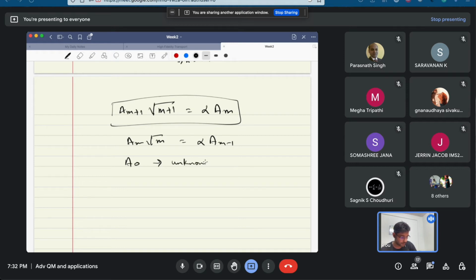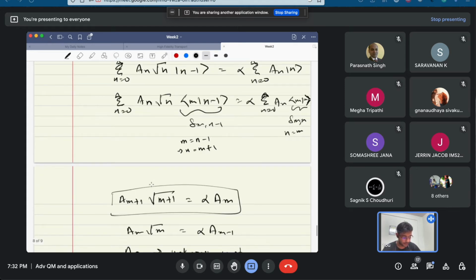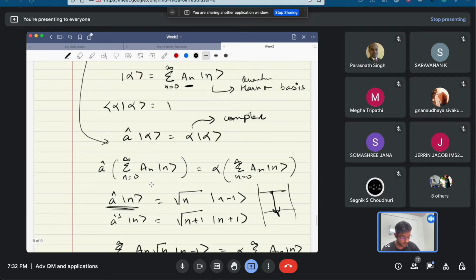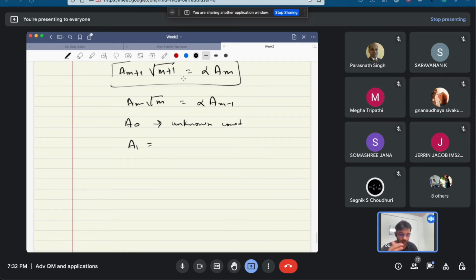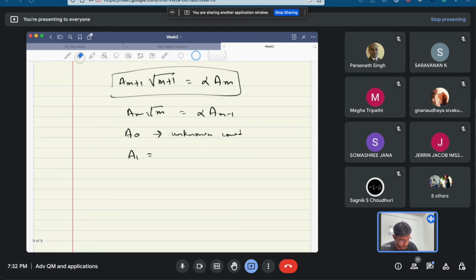Let's say we keep a0 as the unknown constant for now. So we are going to write the equation on this basis. We have to find an here to put into the alpha, and in order to do that, we first find a1, a2, and subsequently we can find an. So a1 can be written as a1 root 1 equal to alpha a0. So on the basis of a0 we are looking for it. So a1 is essentially alpha a0, and for a2, let's say I put this root m on the other side,